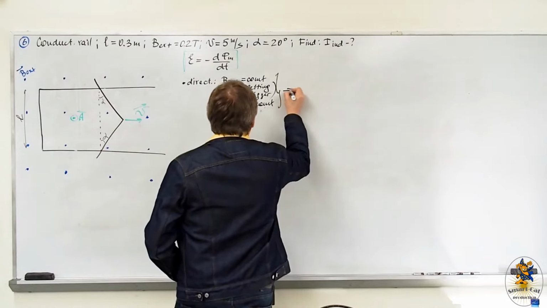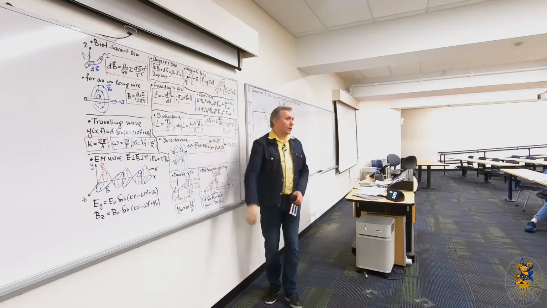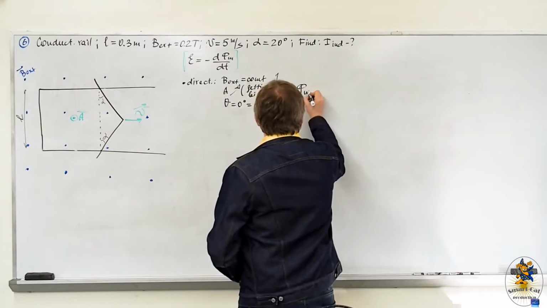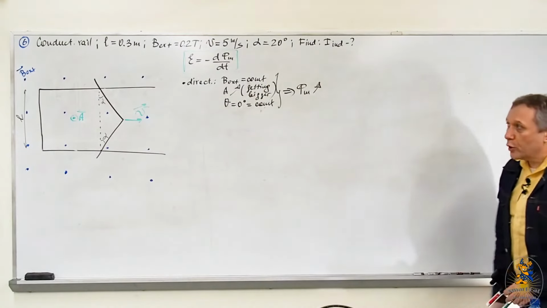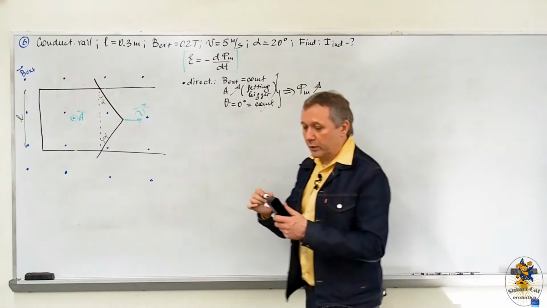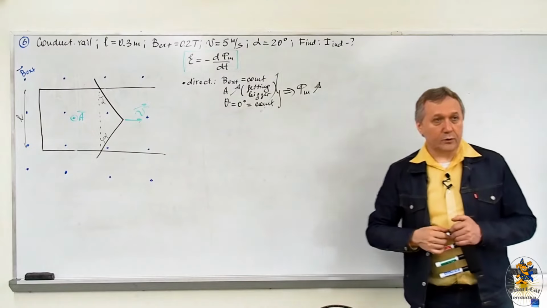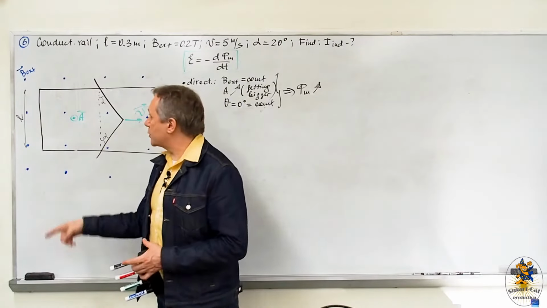So if we combine them all, analyzing the flux, B dot A, the flux is getting larger and larger. The magnetic flux is growing. The loop, seeing that the flux is growing, doesn't like it, and starts rebelling. It will start driving an induced current in such a direction